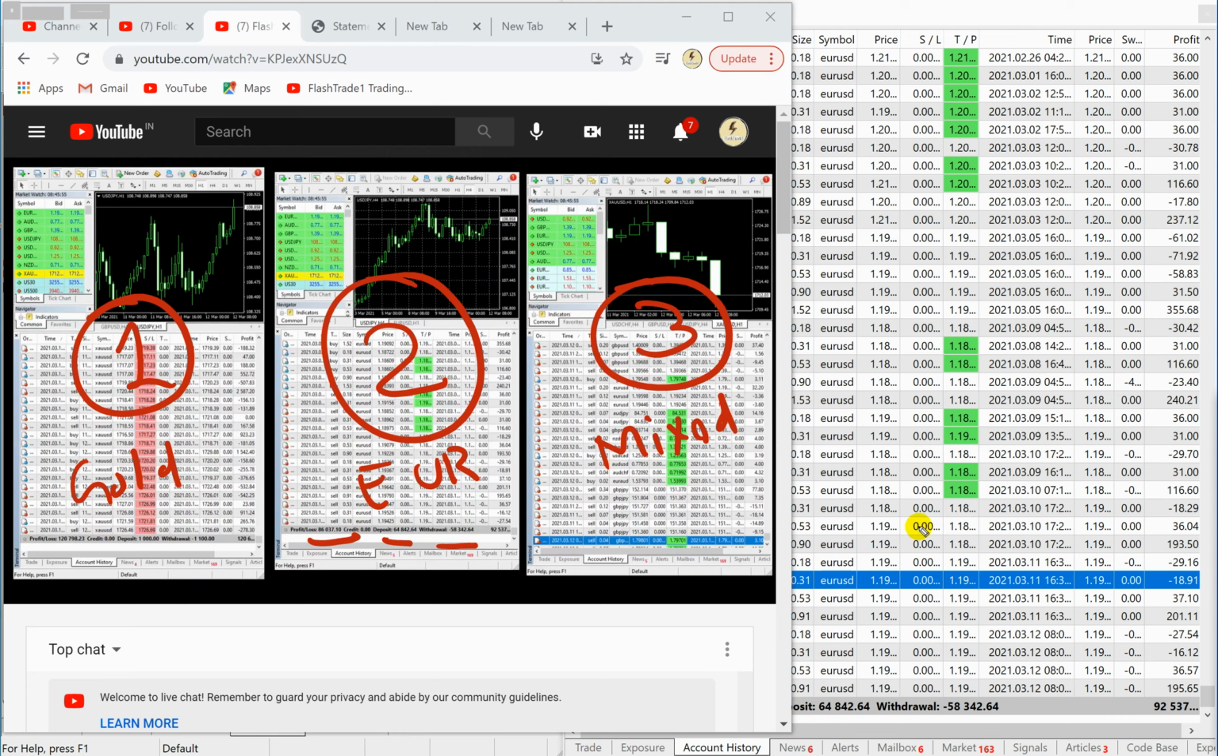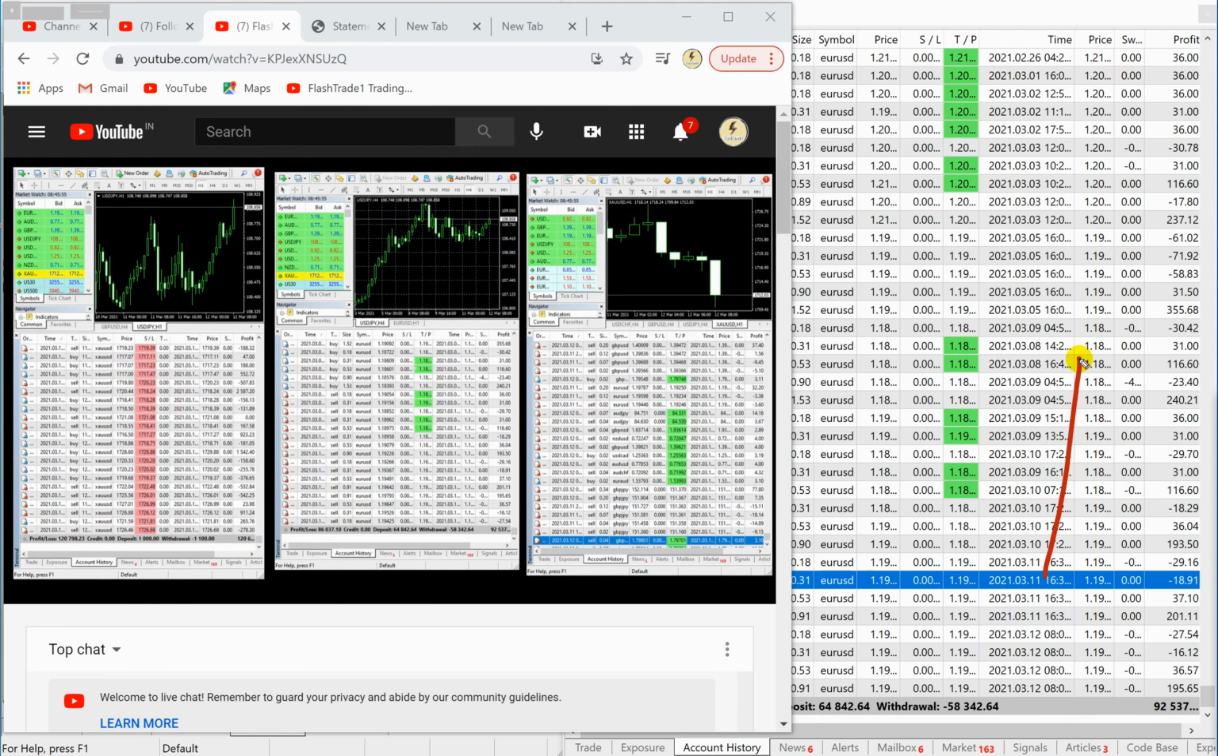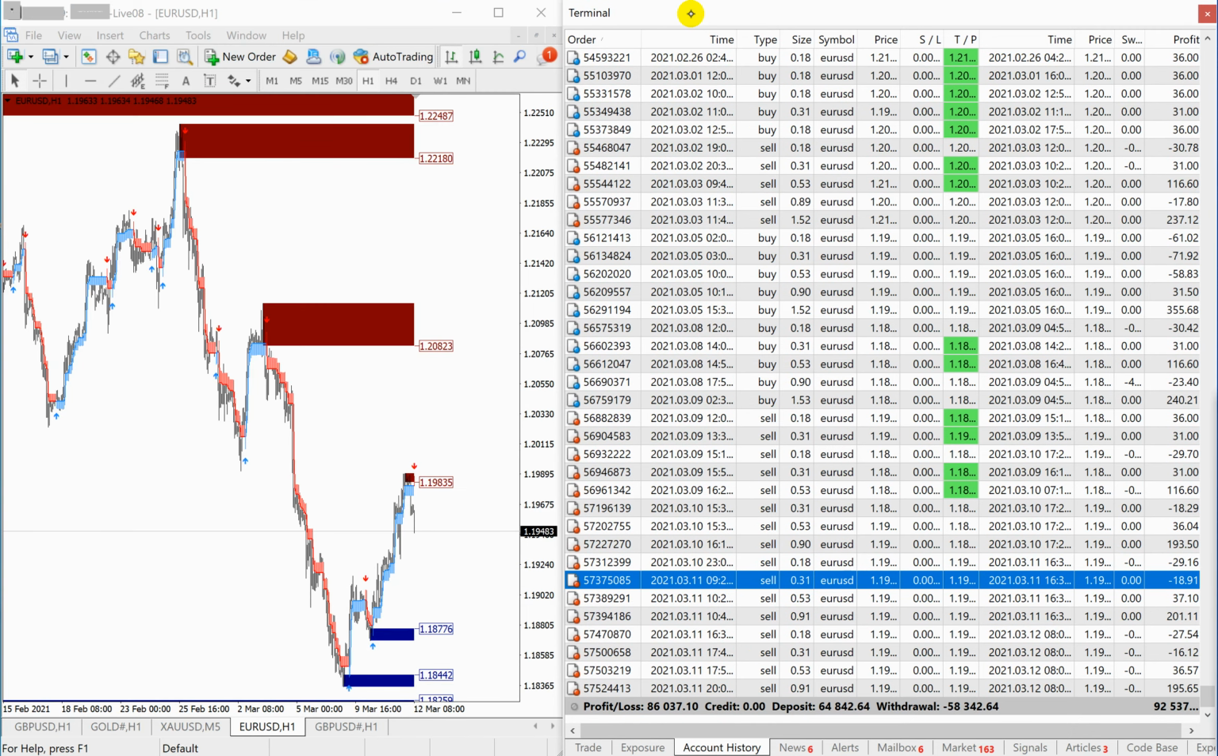And the last trade on this account, let me clear it, and you would be able to see that